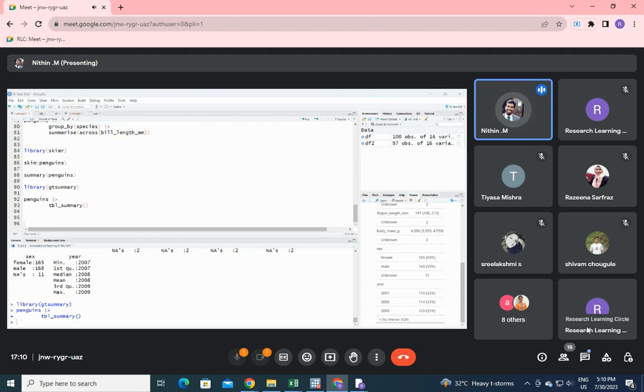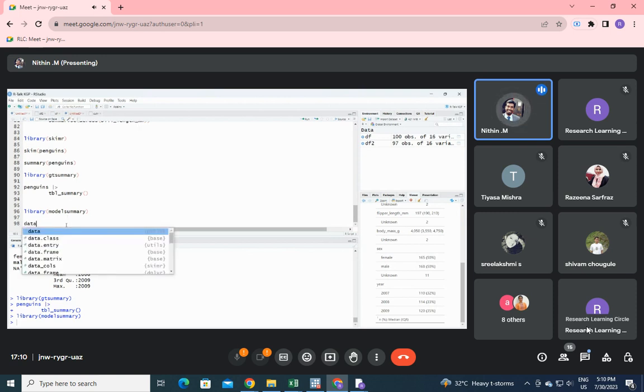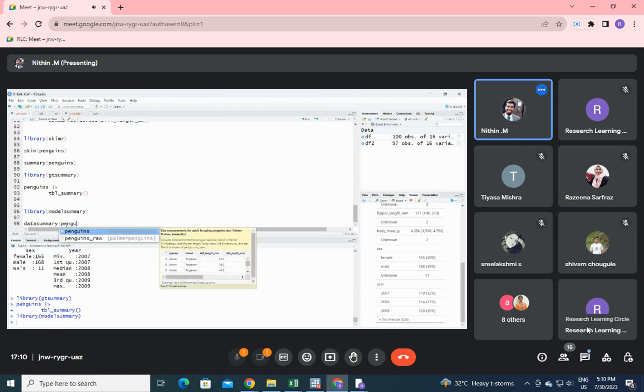I'm not showing you how to do the cross tabulations in gtsummary because that is a very complicated package. How to get the mean average length by sex and island? Normally you want some numeric variable by some factor variables, right? For that purpose, I like to use a package called modelsummary. And inside modelsummary, there is a function called datasummary. So if you use datasummary on penguins, datasummary_skim levels,